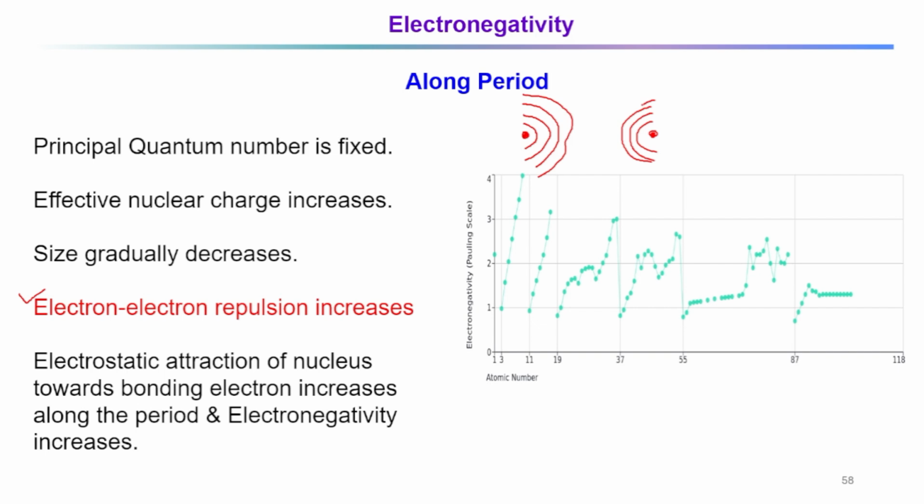So here the principal quantum number is fixed, so the number of shells is fixed. It will have the same number of shells, but you see the size is smaller. As we go along the period, the size becomes smaller. So if you form a bond between some another atom,